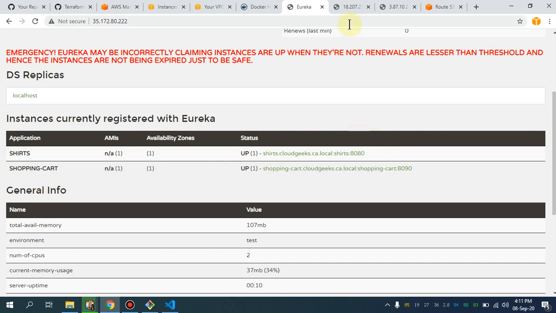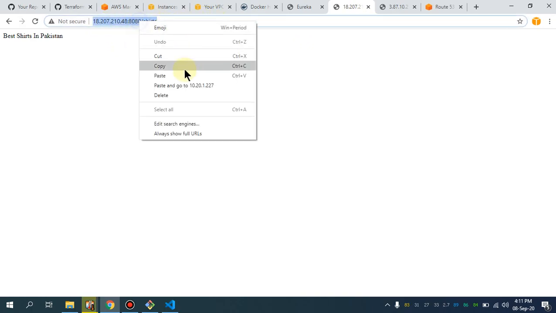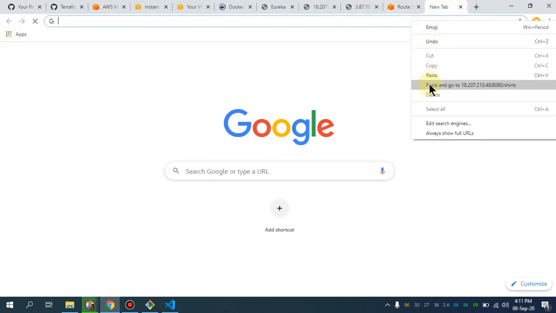So what I'm going to do is show you guys that I will access the same stuff. I'm going to copy this and access from this service our card service.